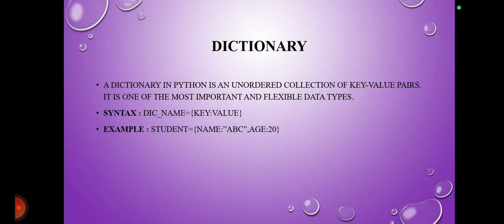dictionary_name = {key: value}. The key acts like a label and the value is the actual data. Let's take this example. student = {, the key is name and colon, the value is ABC. This dictionary stores information about a student. The key name stores the value ABC. The key age stores the value 20. Now if you want to get the student's name, you can simply